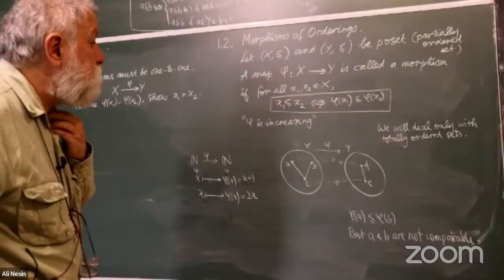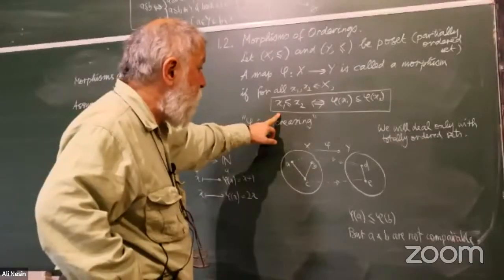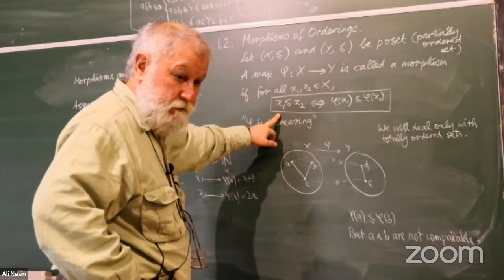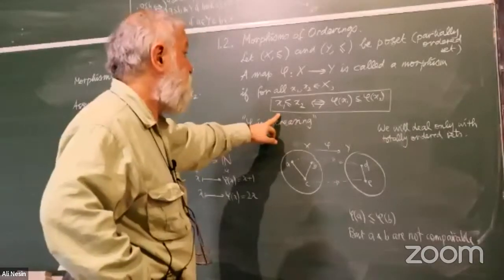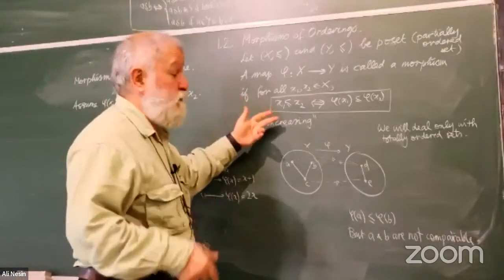Should we use the if and only if part of the definition of phi? The box you drew. Yes. Yes. What about it? If we use that, of course you will use that. Because we are speaking about the morphism. So the only thing you know about a morphism is this one. So you certainly have to use this.